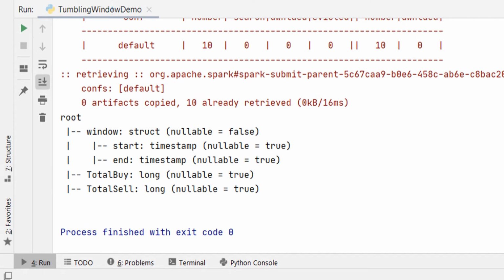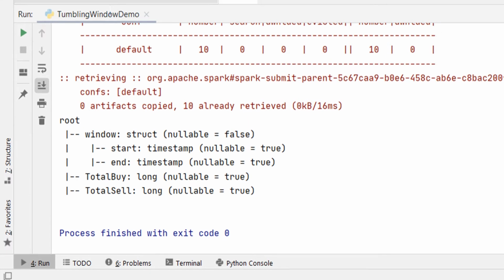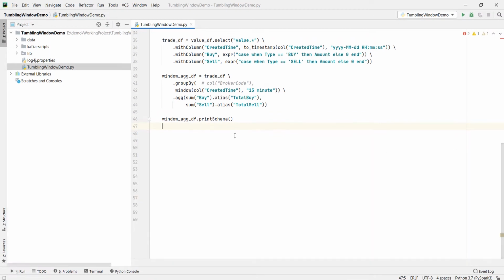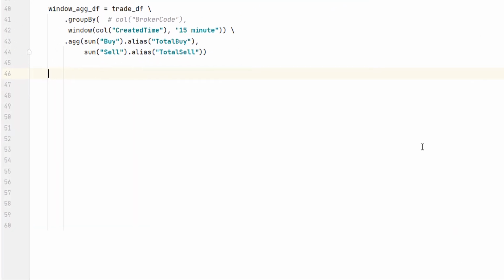Here it is. So I'll get 3 columns. The first field is the window. The window field has got the start and the end timestamps. The other 2 fields are the 2 sums which I calculated, right? So it looks something like an expected output, isn't it? We have the start time, end time, buy and sell. The net value is nothing but the difference between the buy and sell. We are almost there, but not exactly. In fact, we are only halfway done. I'll explain it, but let's try to run it with some sample inputs.